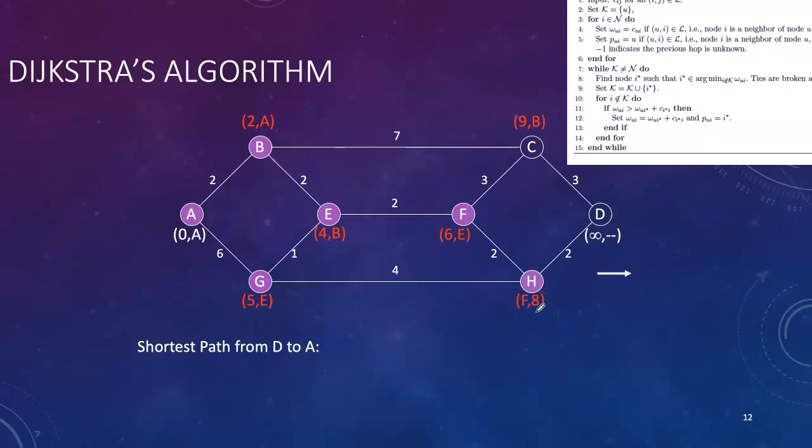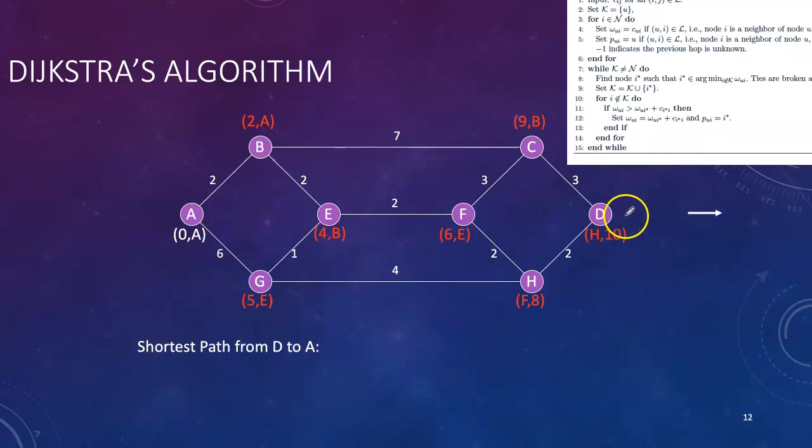And then we can update the distance of D. And now C and D have distances set. Among these, we select C. And then finally, we select D. And we're done. Now, we can trace the shortest path from D to A